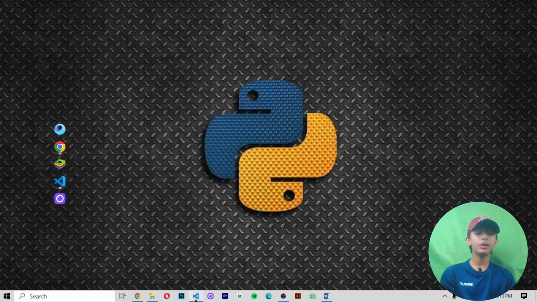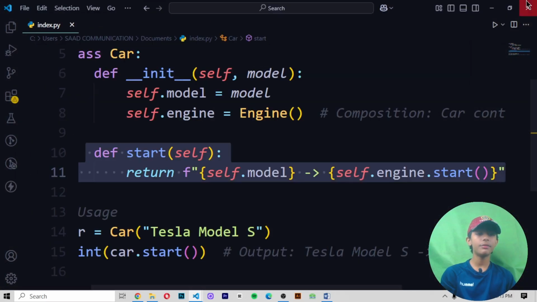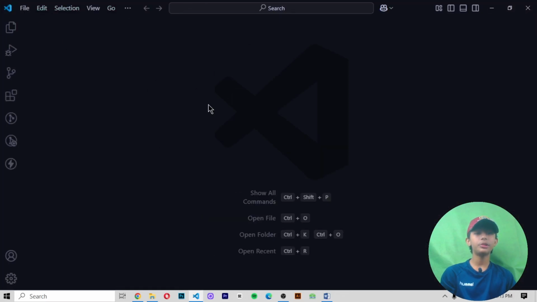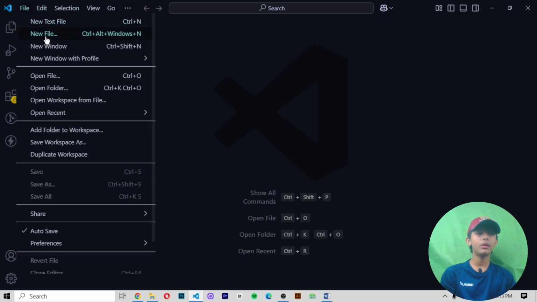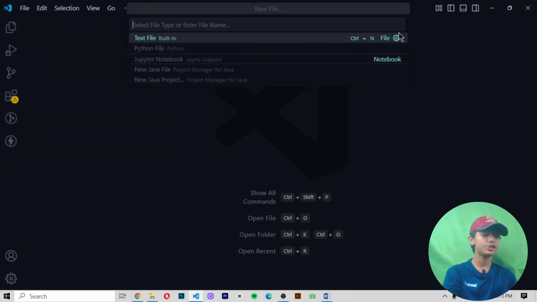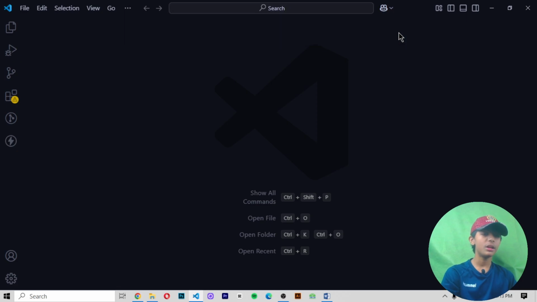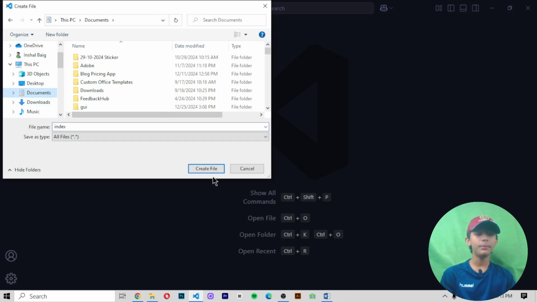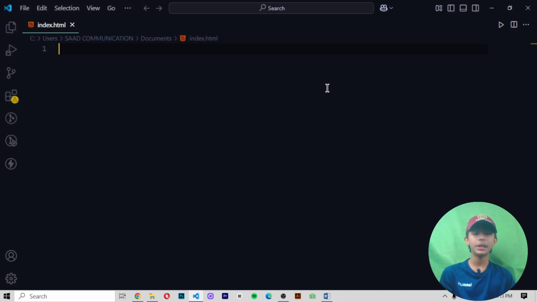First of all, we click on Visual Studio Code and create a window. Now we are creating this project only in HTML, so we are only making one file, index.html. I am making my file in my documents, but any way you make it is your own choice.